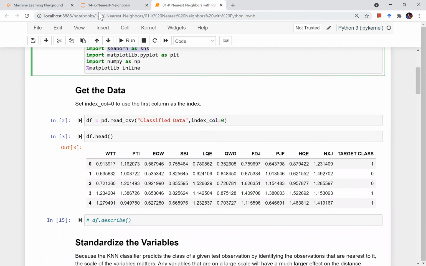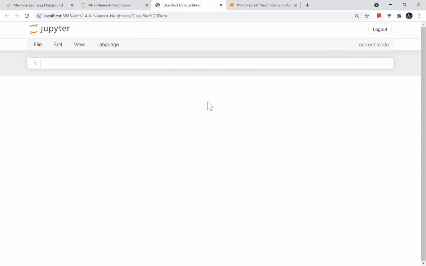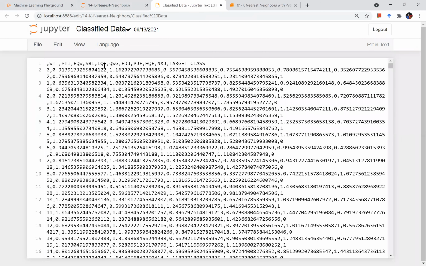So basically the data provided to you is this one. Let me open it. These are the columns, these are some random values, and at the end we have a class, the target class. It's a CSV file, a comma separated value file, right? The name of the file is classified data.